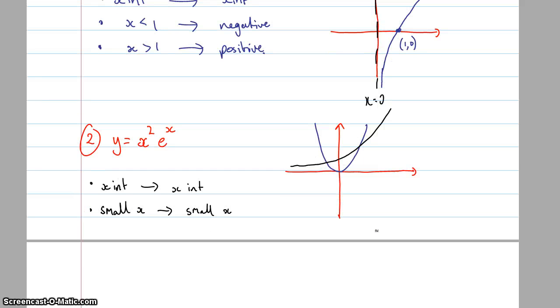This is when I've got x squared multiplied by e to the power of x. I draw them both. Both of their graphs exist at all times, because the domain of x squared is all real numbers and the domain of e to the x is all real numbers as well. So there's no restriction on the domain. My x-intercepts